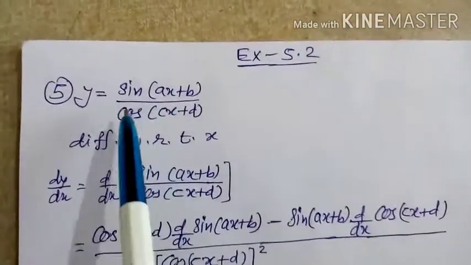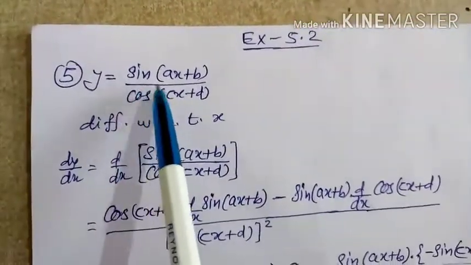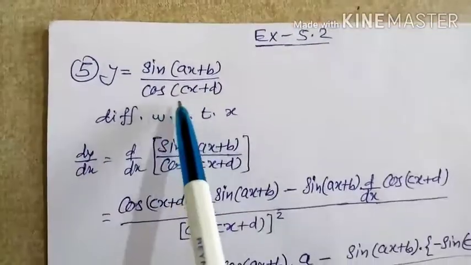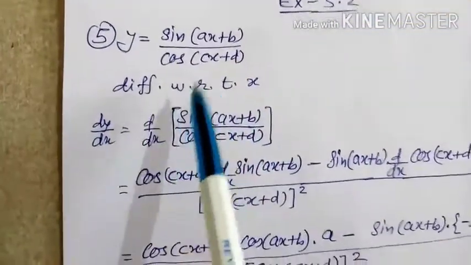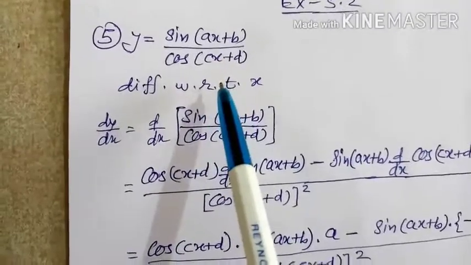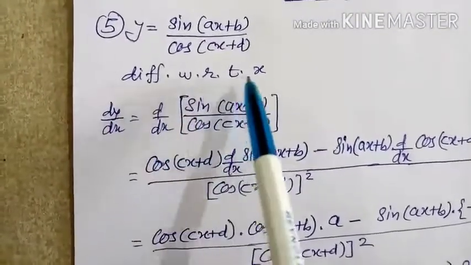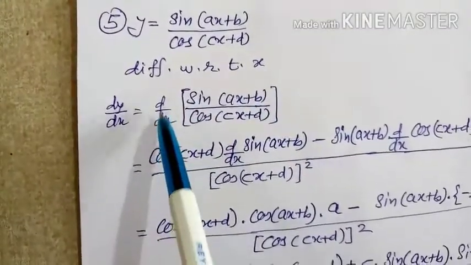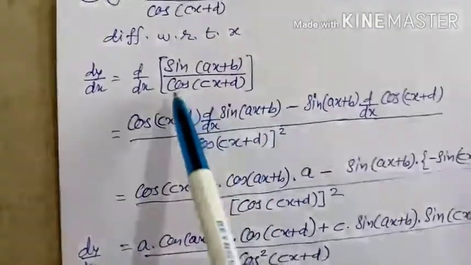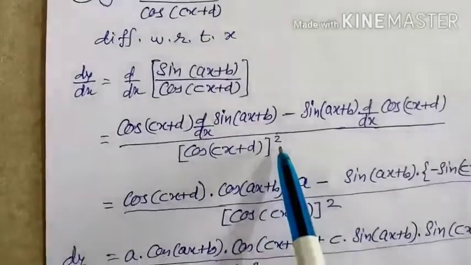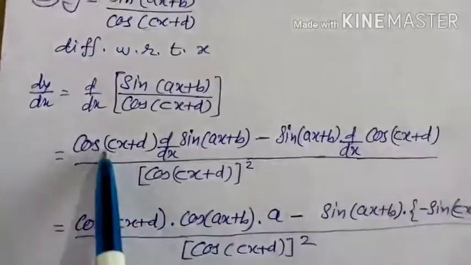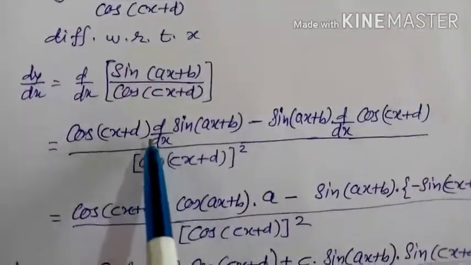Next question number 5. y is equal to sin(ax + b) upon cos(cx + d). So here it is a function of a function and also the division law. This is differentiated with respect to x, so dy/dx, which is d/dx of this function. So here, first write the denominator whole square, after that the denominator as it is, into d/dx